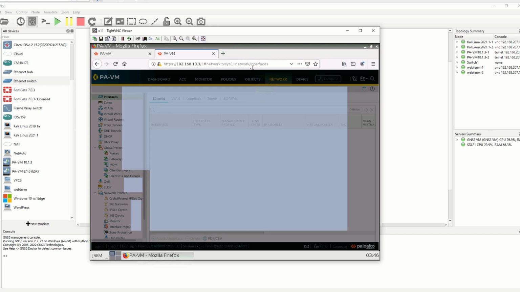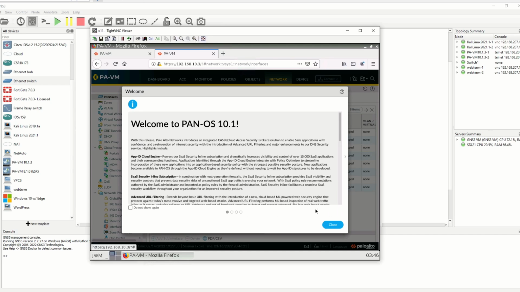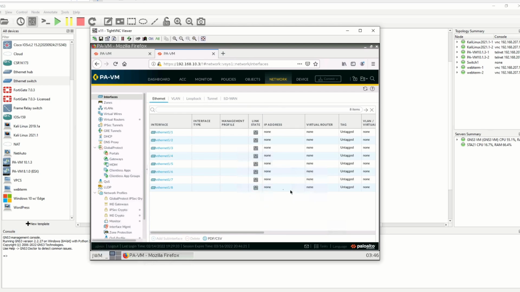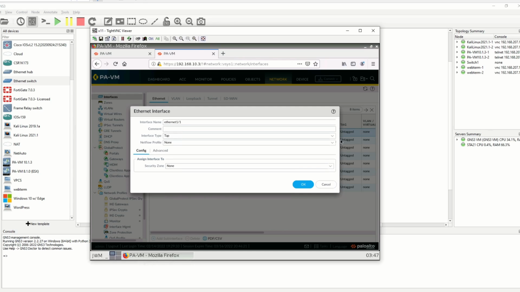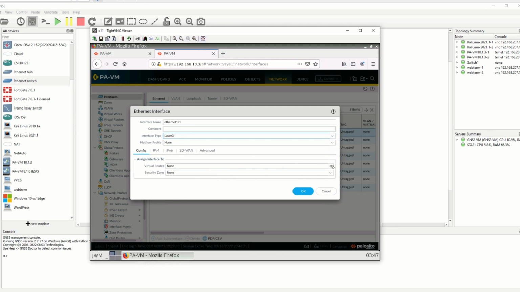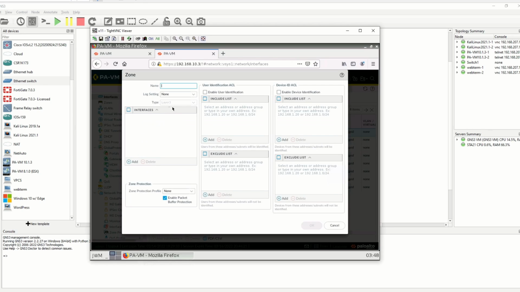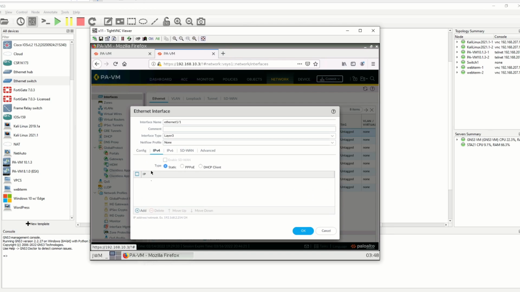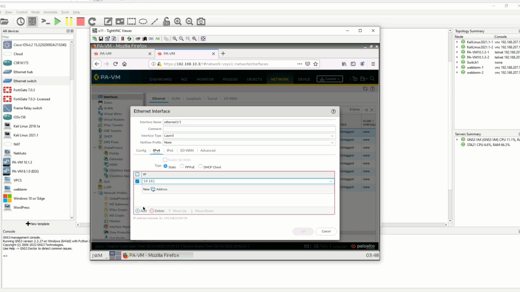As always, we need to configure our interface first. Type 3 and default, new zone VPN. Click OK, and IPv4 add new 10.10.10.2/24. Click OK